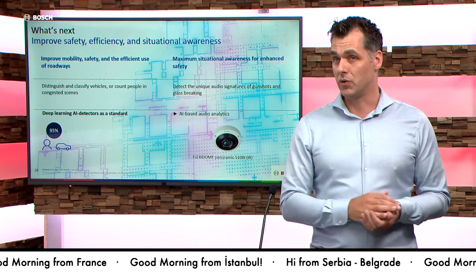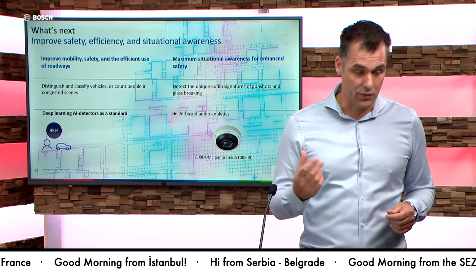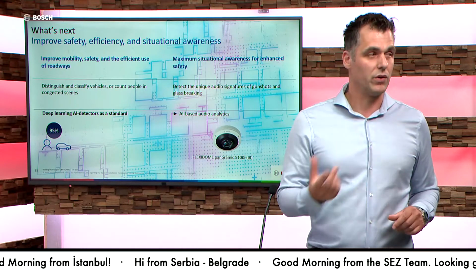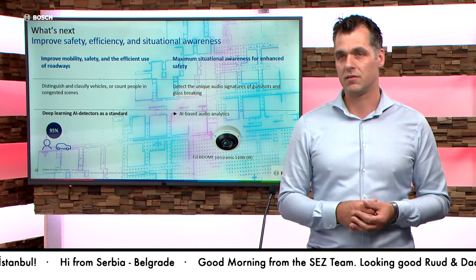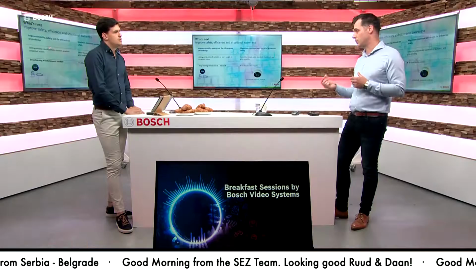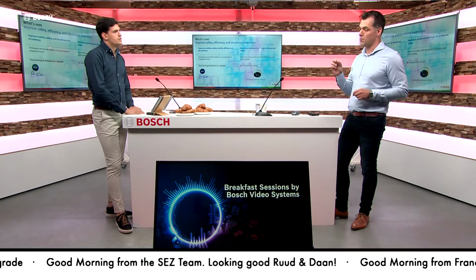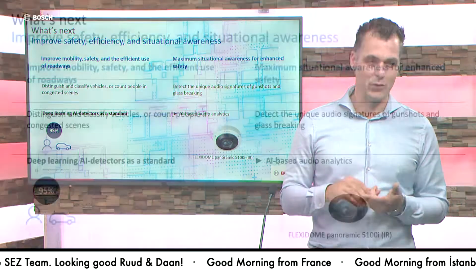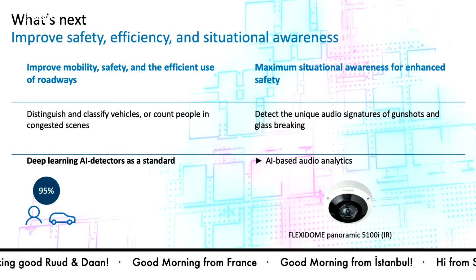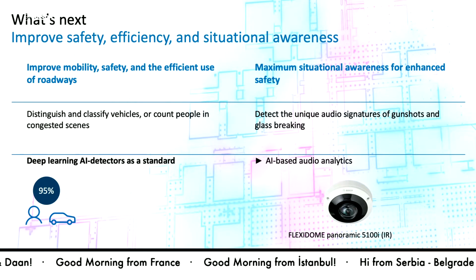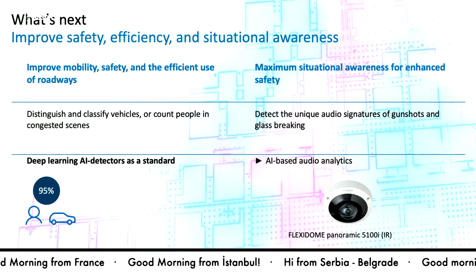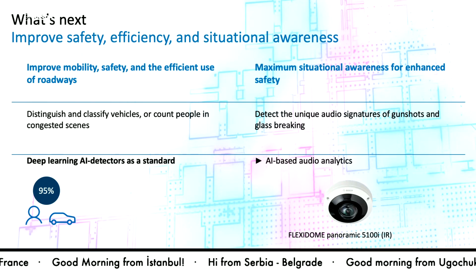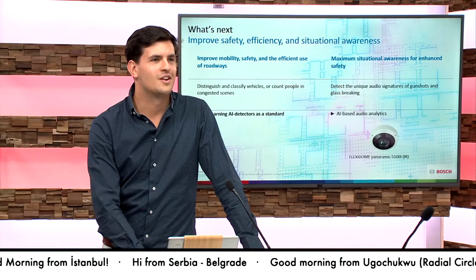Also, what is important to understand, we also have audio analytics which are coming, and this is also an AI engine for our panoramic cameras. So the panoramic 5100 series has 3 small microphones already in there, and you can do gunshot or glass break detection with that. It's not yet there, but we are working on that, and that's still coming. That's very cool, right? For a camera to be able to detect audio and also classify it.